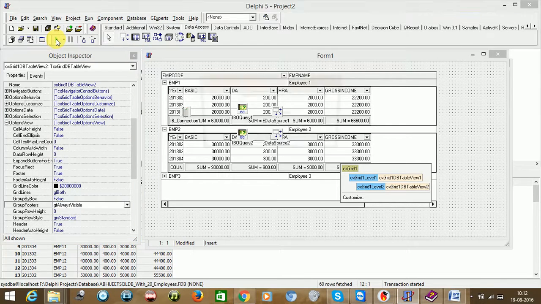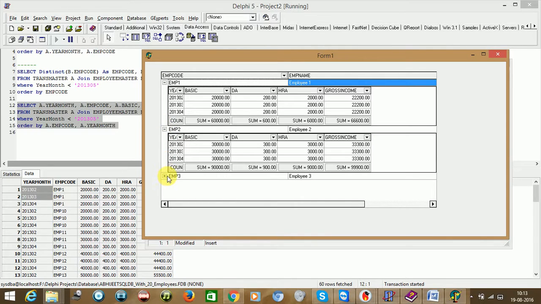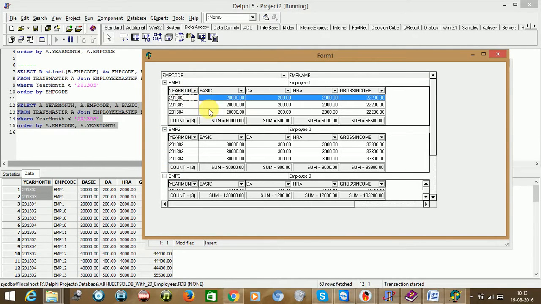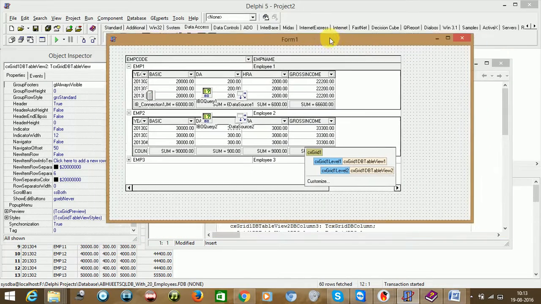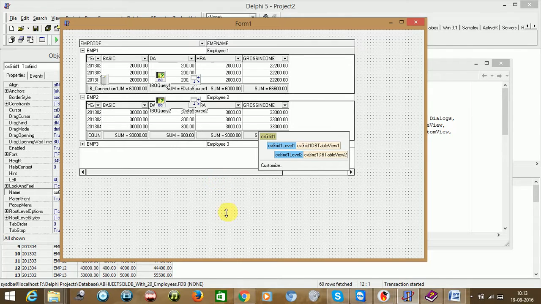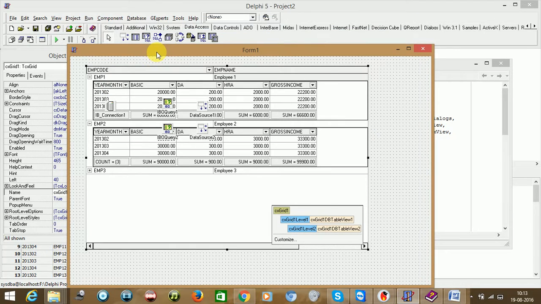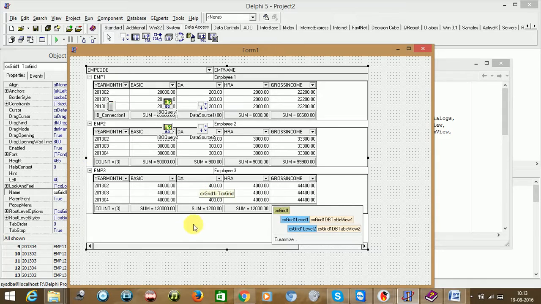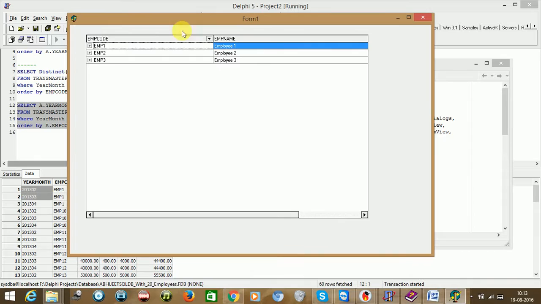Now just run the application. As you could see how fast we have done. Just make it a little bit larger, so I think it will be easy to verify our data. Like this. Okay. So as you could see here itself, but again we'll try to launch the application like this.